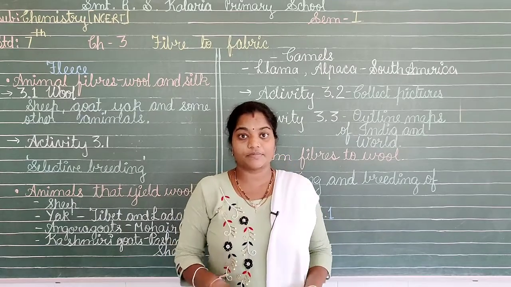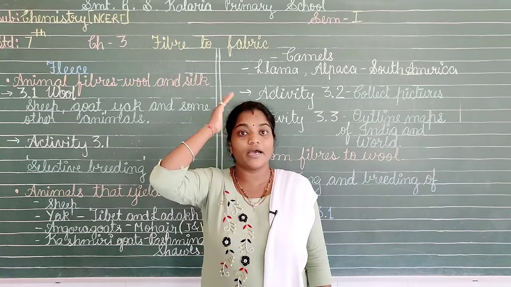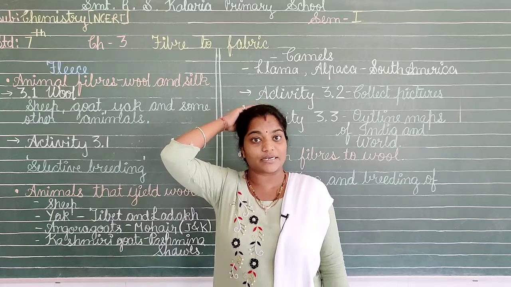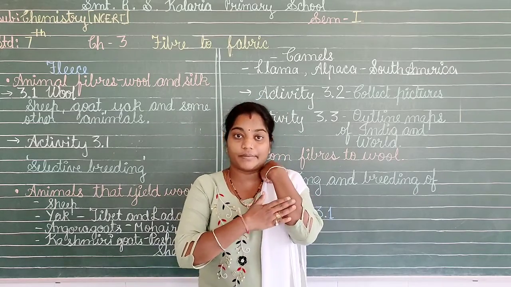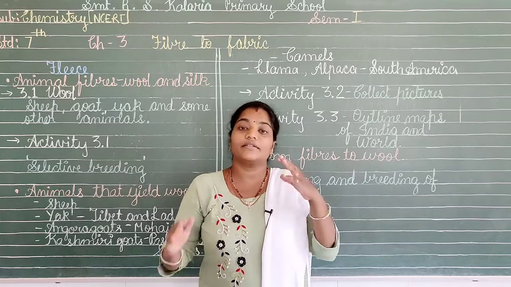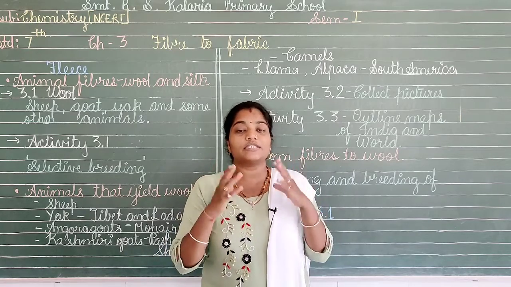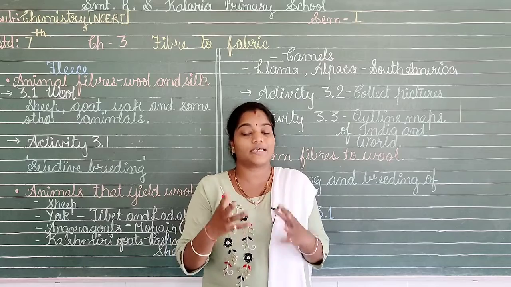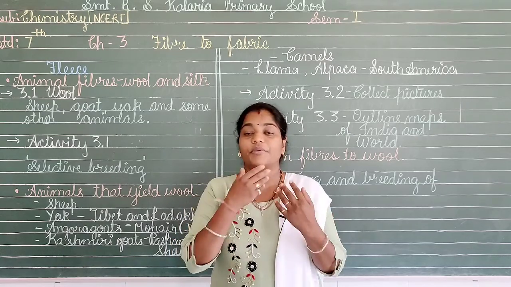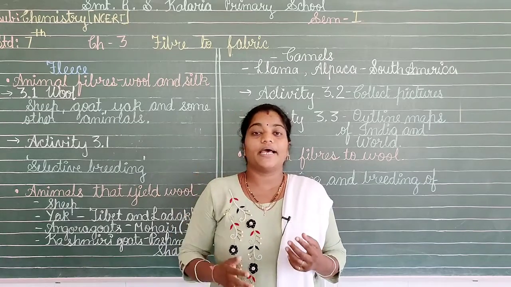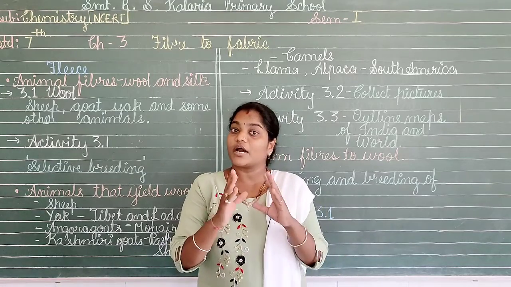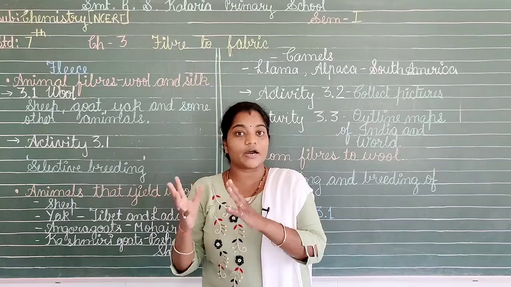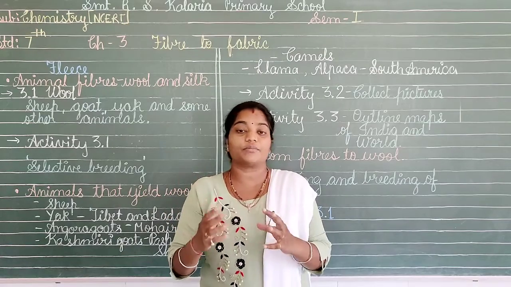So what is the difference? The hair on your head is a little bit coarse, that means a little bit harder as compared to the hair present on your arms. So it means the hair present on your skin is much softer in comparison to the hair on the beard or on your head. These are the things we have to take care of when taking out the wool or hair from the animals.